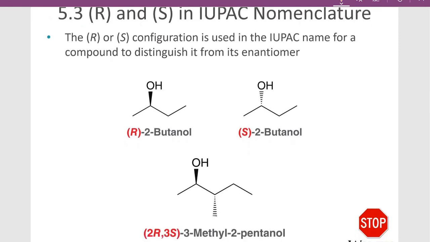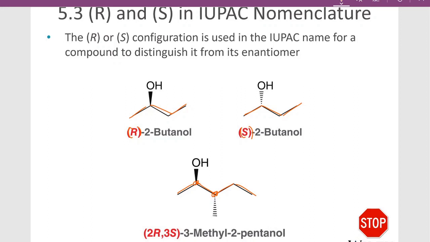So how do we use this? We use this to distinguish the molecule from other molecules by its name. So on the left we have R-2-butanol, and on the right we have S-2-butanol. So we put the R or S out in front of the name in parentheses. If we have more than one chiral center, we put the number in front of the R or S. So it's the case on the bottom. We've got 3-methyl-2-pentanol. So at the second carbon we've got R, and at the third carbon we've got S. So that's 2R, 3S,